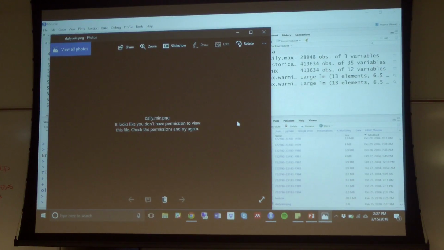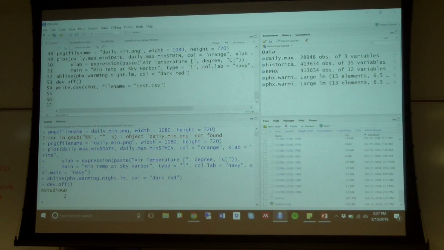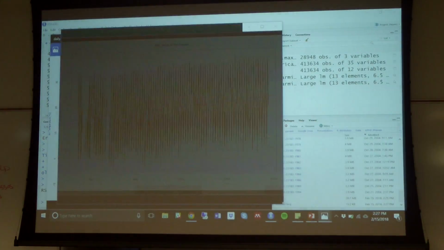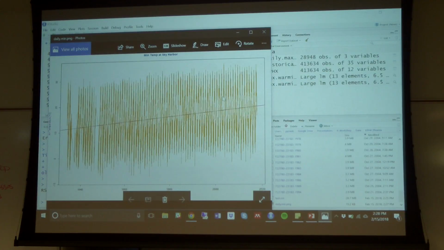I think you have the dev.off. That should only, it still has the graphics of it. Okay. Yeah, so then dev.off means you close off that function. Now let's see. There we go. Oh, it opened up twice. So that's how you can print to PNG, or